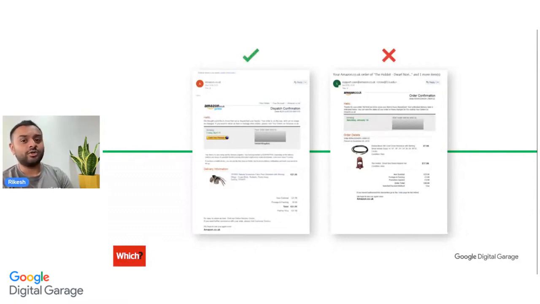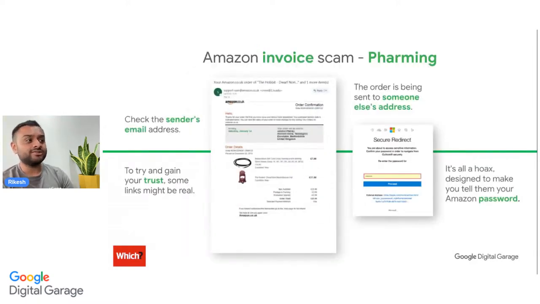Now let's have a look at the one that was fake, the one that was pretending to be real. This is known as another type of scam, which is called farming. Farming is essentially elevated from phishing, which is designed to gain your trust. Farming is looking to dig a little bit deeper, whereby the scammers are looking for you to enter your secure details, whether that be payment information,